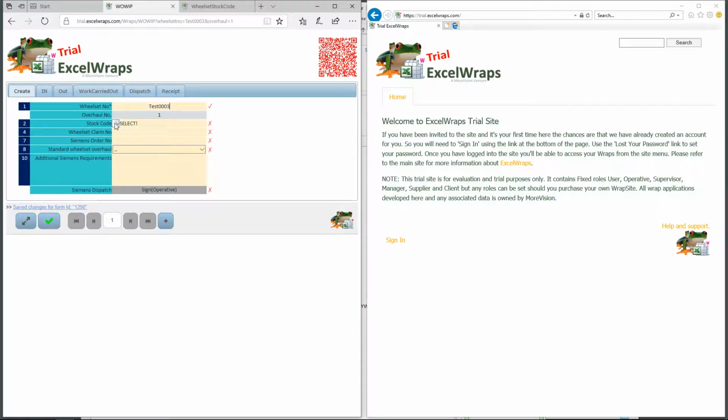The next thing is to pick out the stock code. So what type of wheel set are we dealing with? And this is selected from this drop down here. And these are all the wheel sets that we're dealing with currently on all the Siemens different types of train. So let's click on this one here. Now if I want to know a little bit more about that, what I can do is just open this in a new tab,